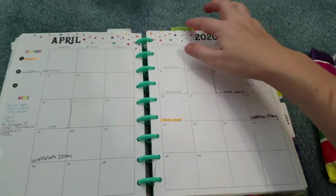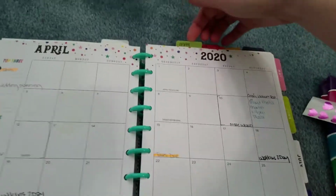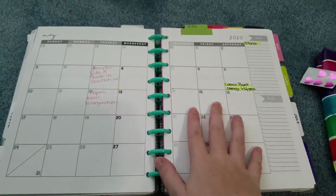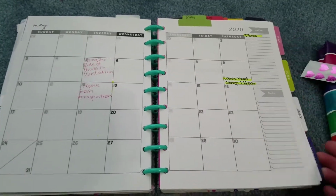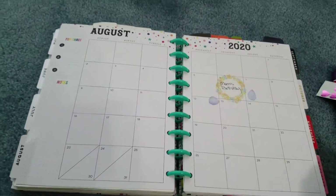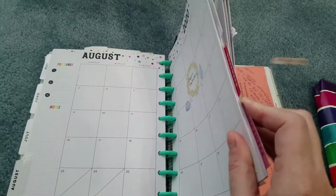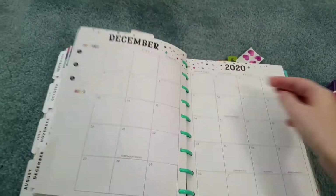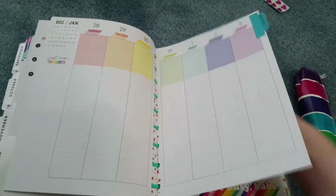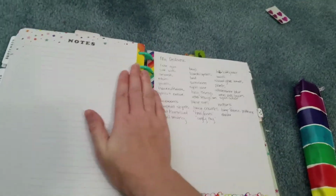So at the top, I have tabs, and these indicate the month view for my social media and my class scheduling, and then the side tabs indicate the regular month view. And then in the back, I have a lot going on in the back. So this is where the note section starts, and I have two filler